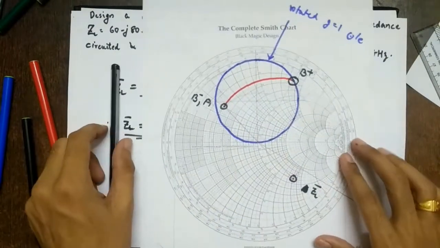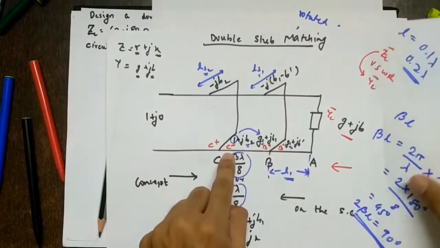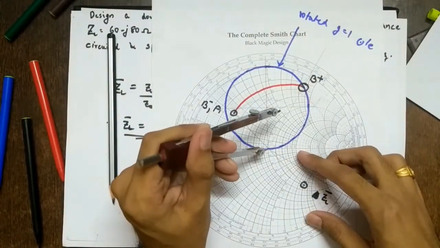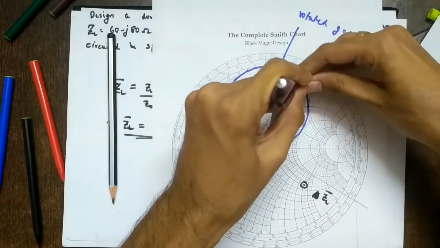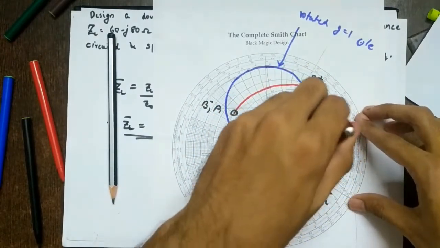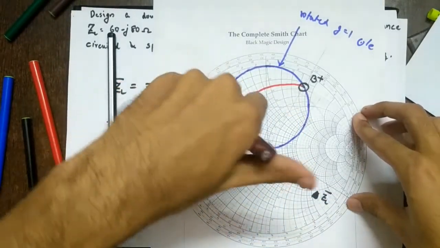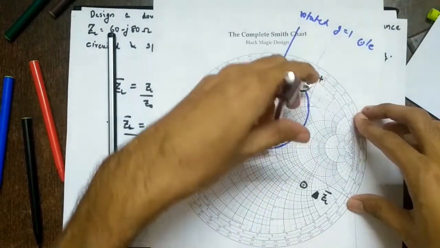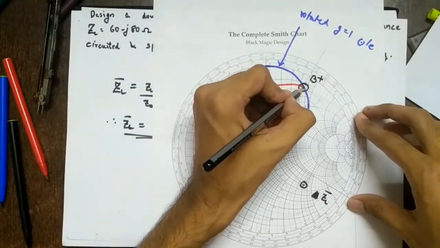Fine. So which circle do you have to move on? Since you are moving along the transmission line, you have to move on the constant VSWR circle. I forgot to draw that circle, so first draw that circle. With the center as the Smith chart center and the B plus point as the radius, draw a circle. Now my drawings won't be that accurate because I am using a sketch pen, which is very thick. But your diagram should be accurate because you will be using a pencil. When I draw with a sketch pen it becomes thick, so I am not sure whether I am getting the correct point. So this is my VSWR circle.